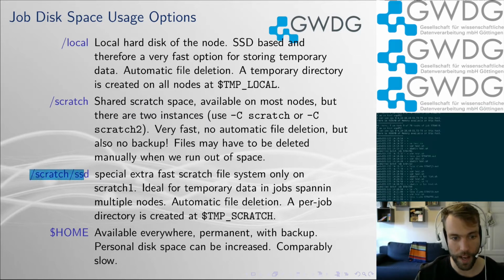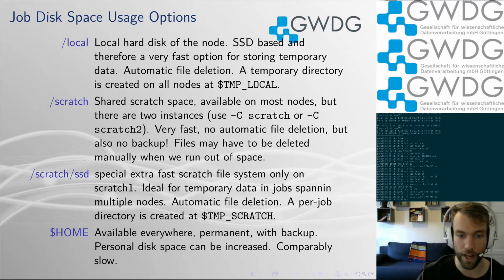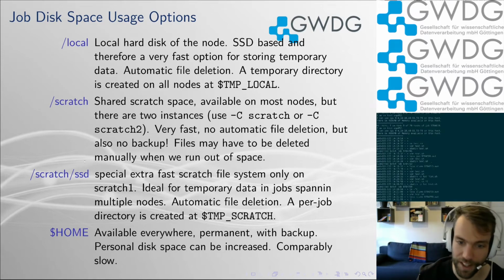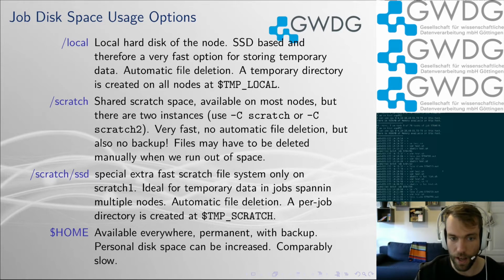Additionally, since, I don't know, a month ago or 2 months ago, we have Scratch SSD, which is a special extra fast Scratch system, so it's shared, only available on Scratch 1, but it's ideal for temporary data that spans multiple nodes. So if you have a program that runs on multiple nodes, so an MPI job, again, I guess most of you don't have that, but still, I have to say it. Or even if you have just a normal single node job, but your temporary data is bigger than the local disk, because the local disks aren't huge, you can use this Scratch SSD,